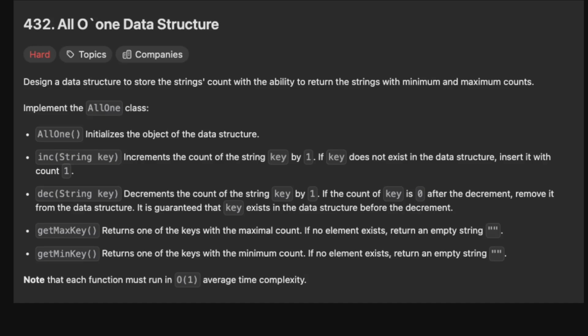Today we're solving the daily Leetcode question 432, All O(1) Data Structure. Design a data structure to store a string's count with the ability to return the strings with minimum and maximum counts. I'm not going to read all of the methods we need to implement, but basically just to summarize, we